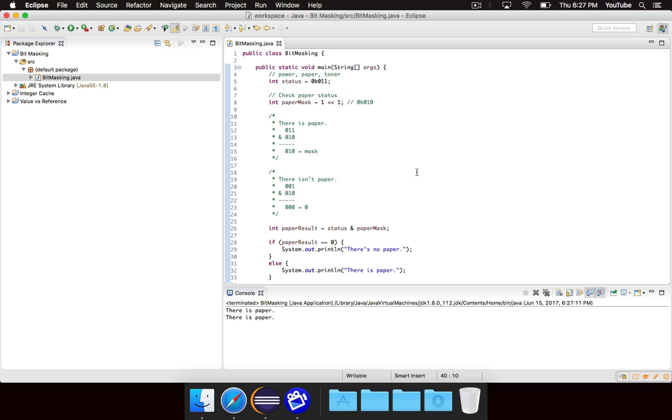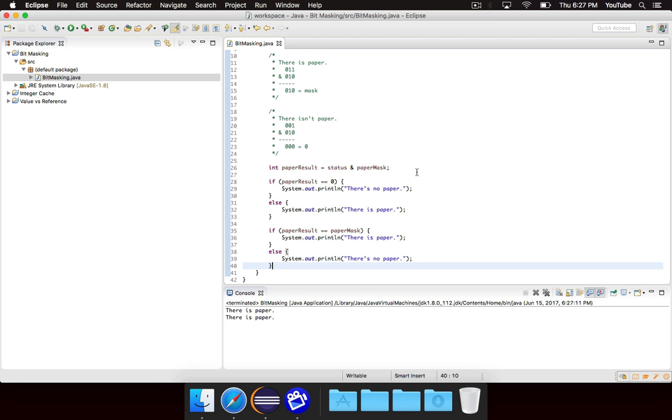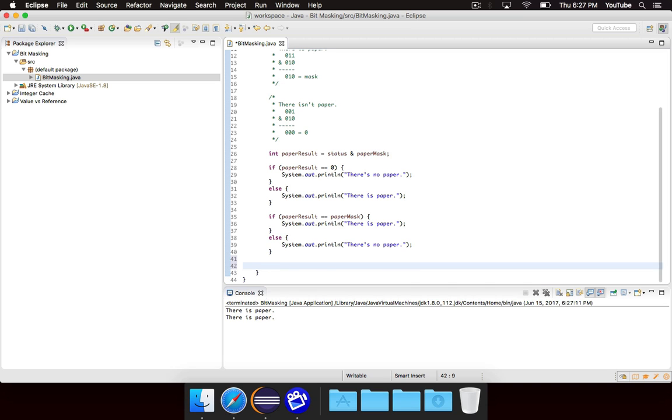Now we're going to talk about how to actually change the status. How can we actually change a bit here? There's basically a couple ways to do this. I'll show you first one way that toggles. So you could basically run the same operation a bunch of times and it'll go on, off, on, off, on, off. And then there's a way you can do it where there's an operation that just turns it on and it'll stay on however many times you do the operation, and then a different operation that'll turn it off, and however many times you do that operation, it will stay off. So let's just do the toggling one